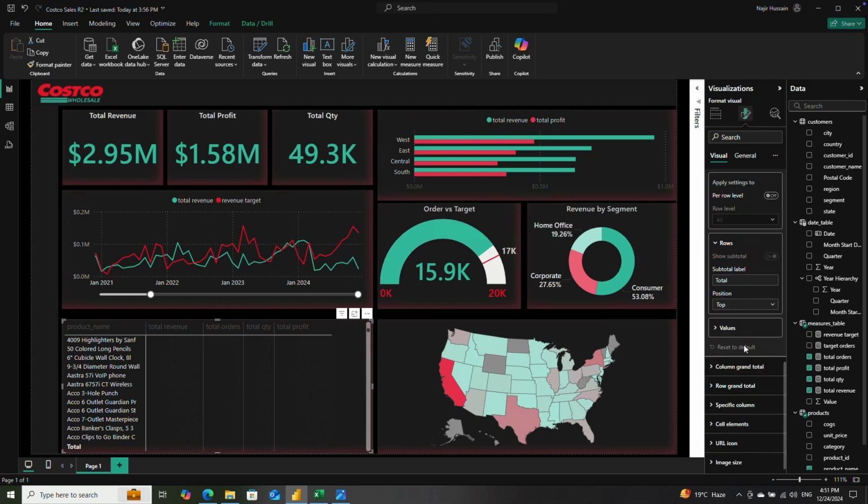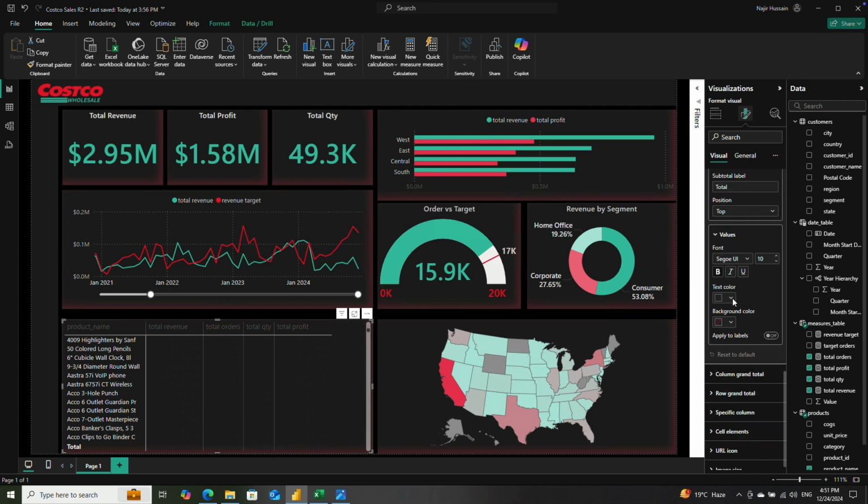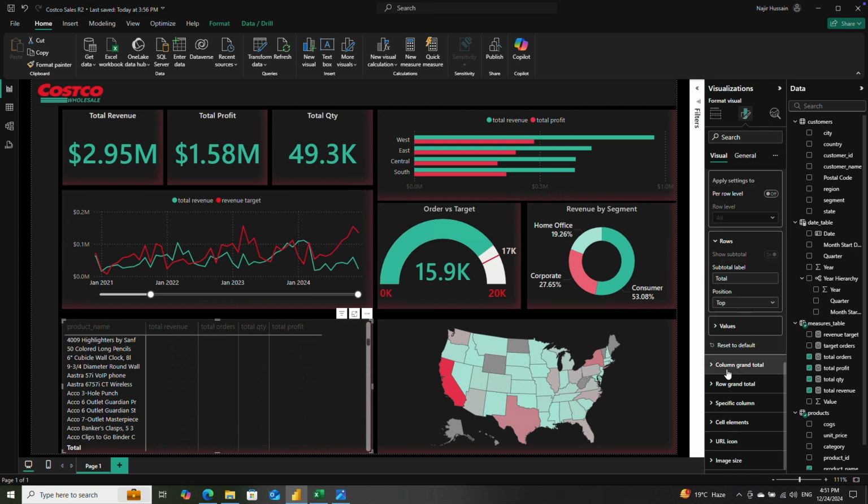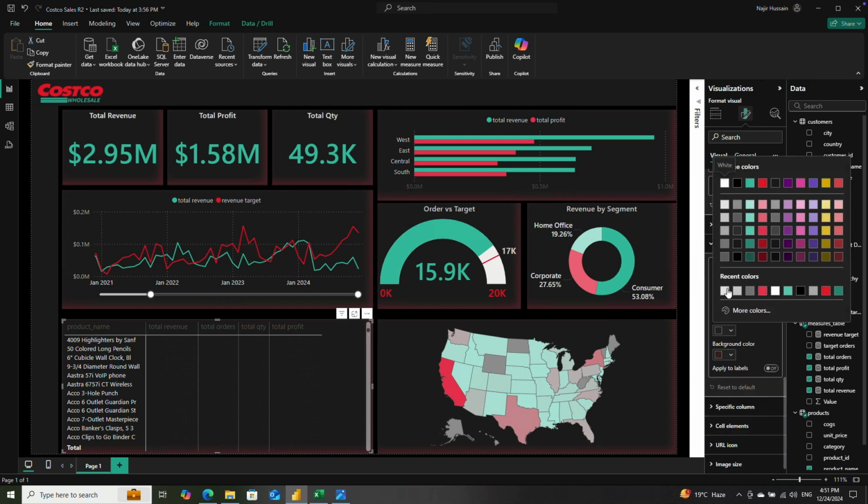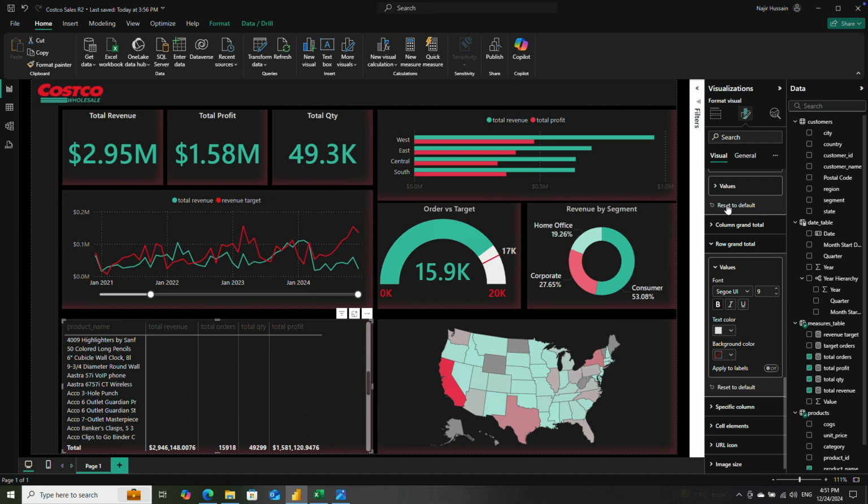same. And next what I want to do is that the values that you see here, I want to change it to kind of 10% white. Okay, and this is going to be kind of 9. Okay, so let's go and do some column row grand totals. Yeah, this one I want to change it to kind of, which is called 10% white. Okay, this is the bottom one, and I think the font 10 will work good, so let's keep it little